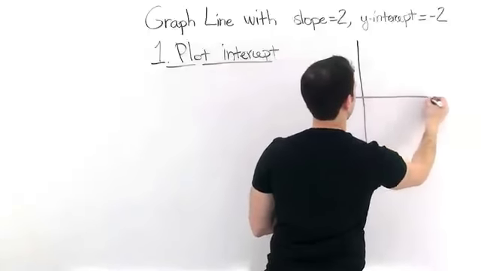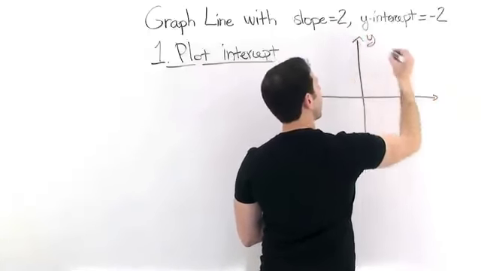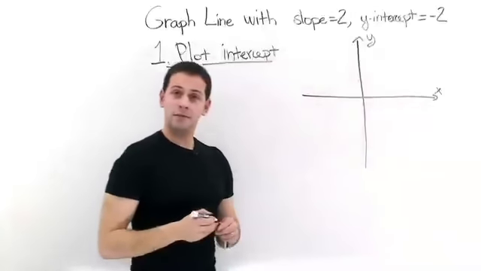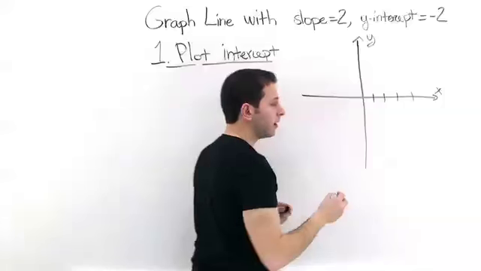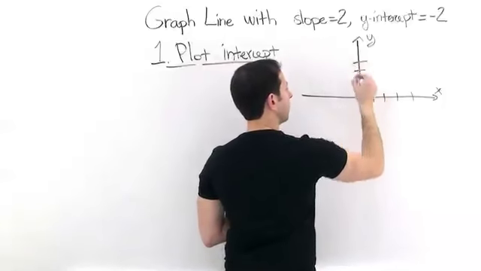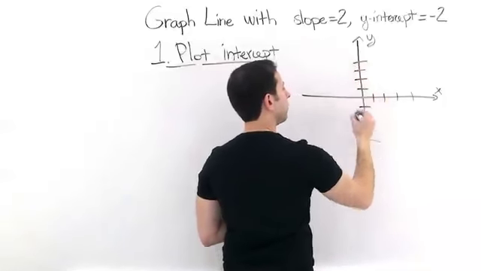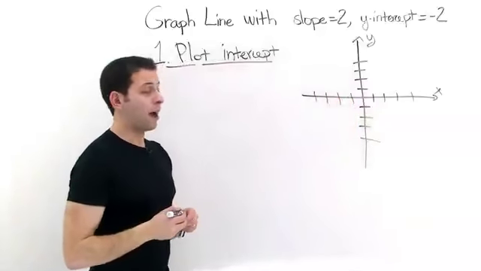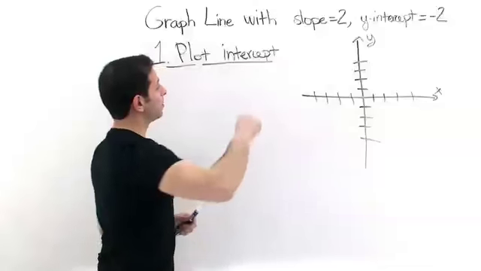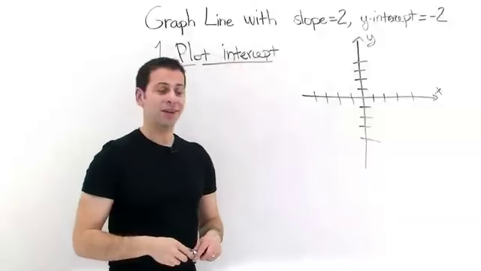So here's our graph. Here's our axes. Here's a y-axis. Here's an x-axis. And now let's label those axes. 1, 2, 3, 4. 1, 2, 3, 4. -1, -2, -3, -4. And same deal over here. So we have a graph. It's ready to go. Now all we got to do is figure out what point the intercept is on that